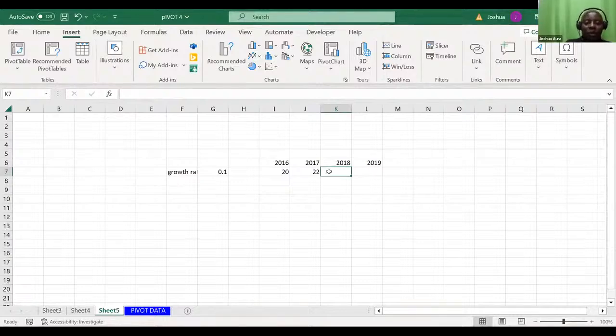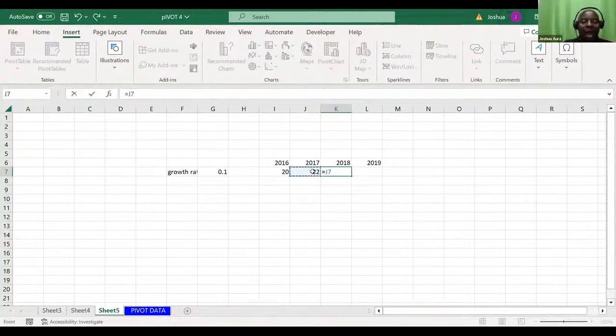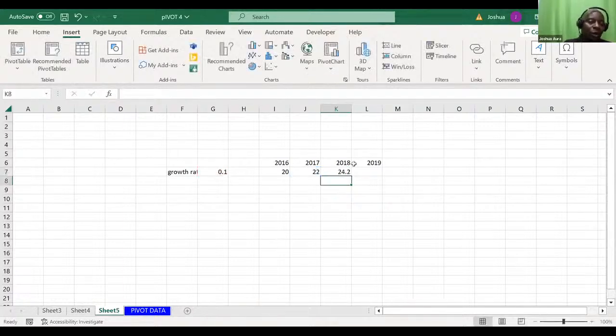So I'll say equals, I pick 22, I say times, I open brackets, I say 1 plus R. The R is the same, the growth rate. You close bracket, you enter. What are we getting? 24.2.